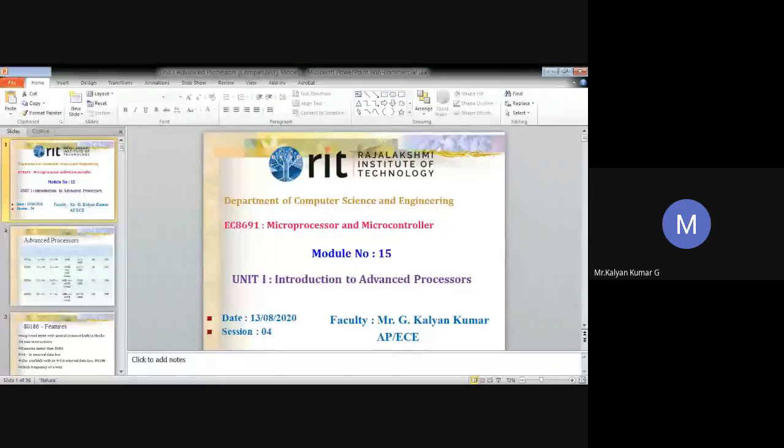So actually, if you see, 8086 is a basic processor, and whatever processors that we are going to discuss